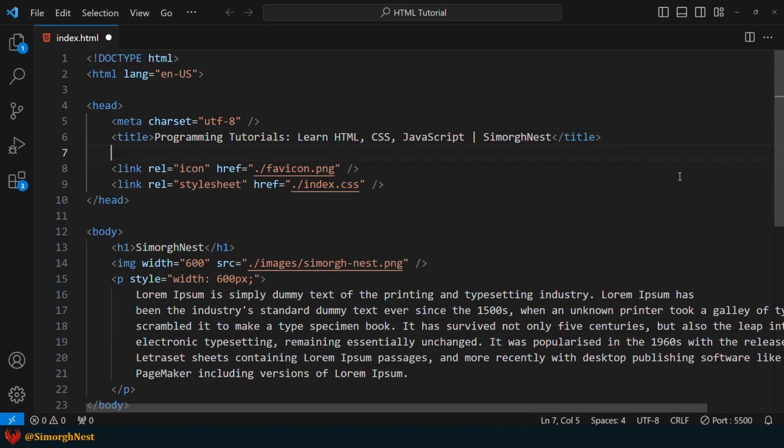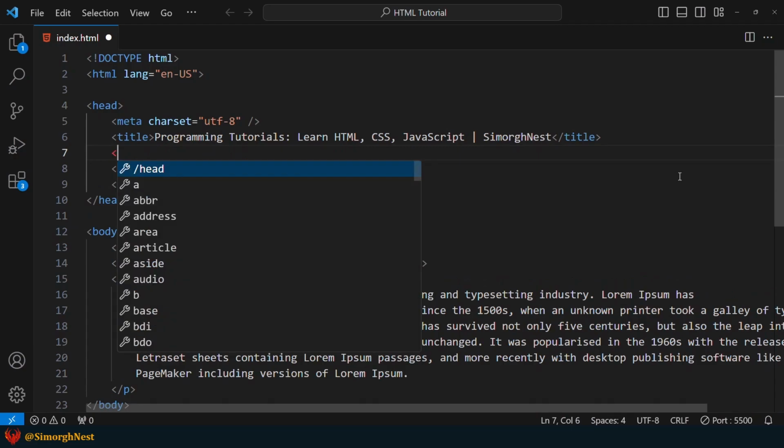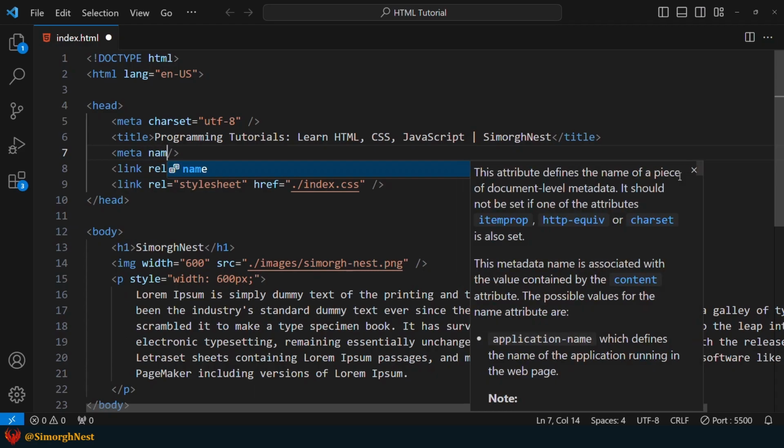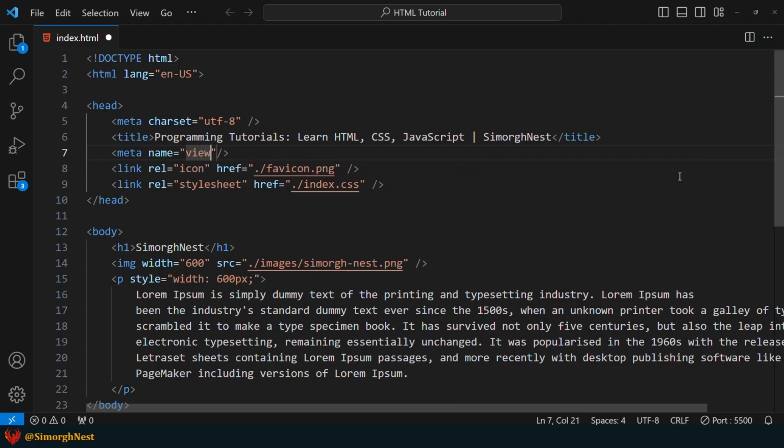Okay, to include the viewport meta tag in our HTML document, we need to add it within the head element. For this meta tag, let's add the name attribute with the value viewport to provide viewport information. The second attribute is the content, where we can define the viewport's width and initial scale. To set a specific width, we can use a value in pixels, like 500. Alternatively, we can use device-width to make it adjust to the current device's width, which is recommended for a better user experience.